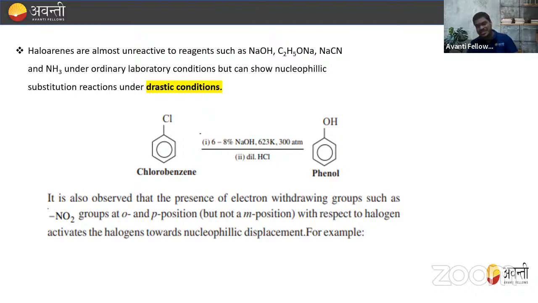What are these drastic conditions? Can anyone tell? What do you mean by some drastic conditions? Anyone? What are these drastic conditions, beta? Huh? So drastic conditions mean very high temperature and pressure, right? So if the pressure and temperature are very, very high, then we can say that it is